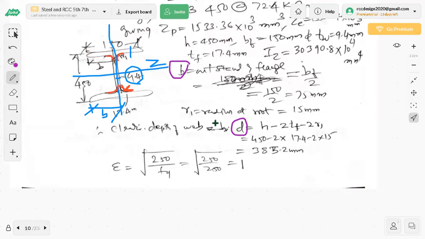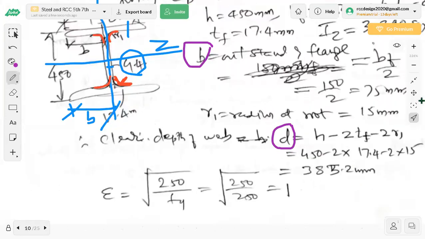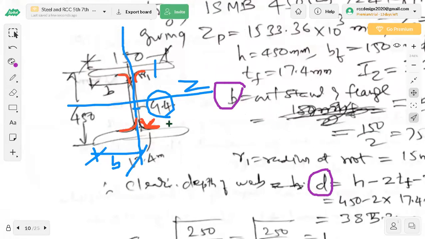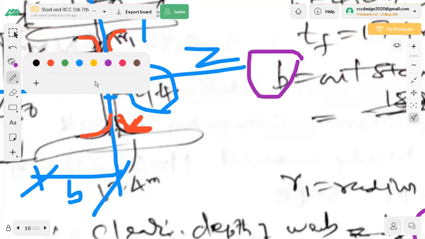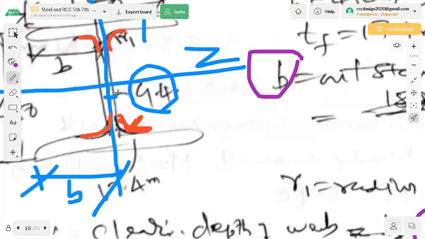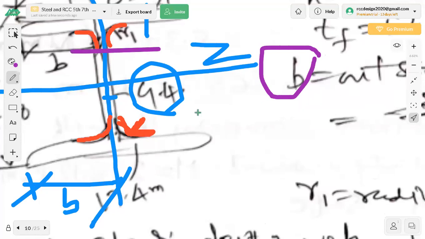For d calculation, I need R and all those things. Now observe here. I'll expand and show you what d actually is. How to find d. d means this curved portion here, you should leave that one, and in both the places, the remaining height. I'll use some other ink here. What is d here? This is d. Are you following this one? Is it clear?